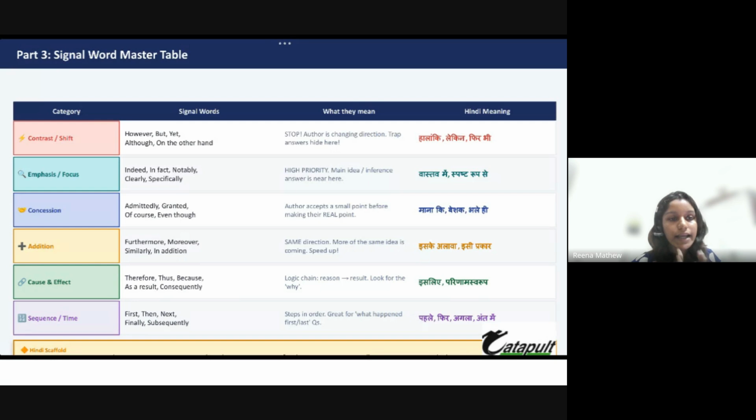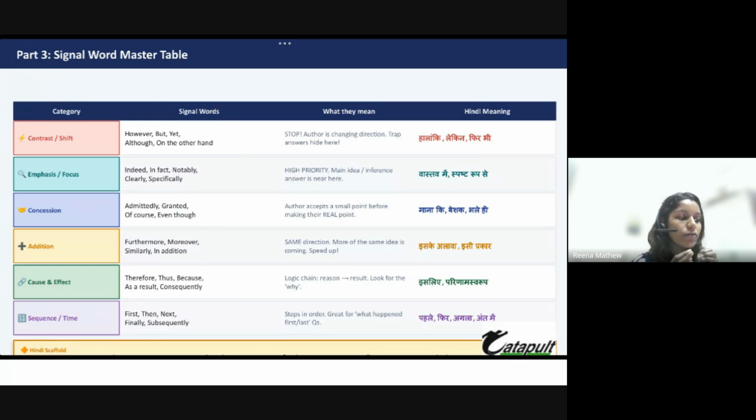So that is a substituted strategy. I'll share the PDF after class. So these are words that will help you for the exam. We have the contrast word. So when a contrast word is there, like however, but, yet, although, on the other hand, just know that the meaning in the passage is getting reversed. Okay, meaning is flipping.